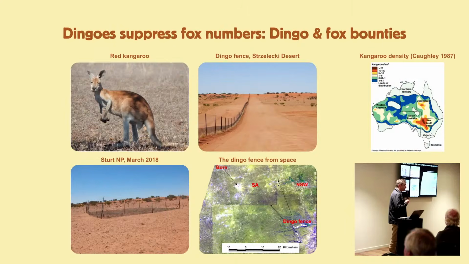So, and it is, because the vegetation is different as well. And years ago, when I was starting this project, I found this satellite image. So this is an image of the border with New South Wales and South Australia. And then this is the dingo fence, and the dingo fence goes off into South Australia. And I don't know, can you guys see that there's a line there?